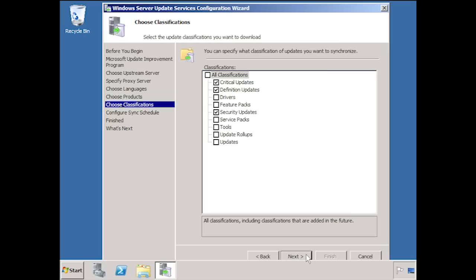On the next screen, you can choose which types of updates you want to download. Critical updates, definitions, and security updates are selected by default. Some companies don't like to download new drivers as they may cause an existing operating system to start blue screening. I like to select things like feature packs and service packs. These can be very large and in my opinion save a lot of bandwidth when you deploy them in a